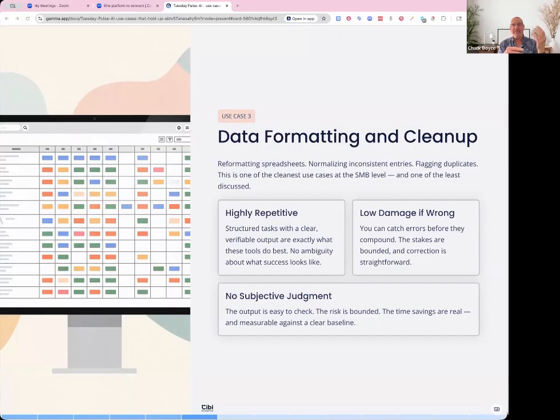The damage ceiling, if something goes wrong, is low, and then you can run the process, spot check it, catch the problems before they compound. And so again, it's staying internal, it's not impacting clients, it's not going out into the internet. And so the time savings are really there. You can really compare the manual process to the cleaned up process, and you can get an ROI because you can say, this did save me X amount of hours and I'm paying this person X amount of dollars. And so you can get an actual cost on this.